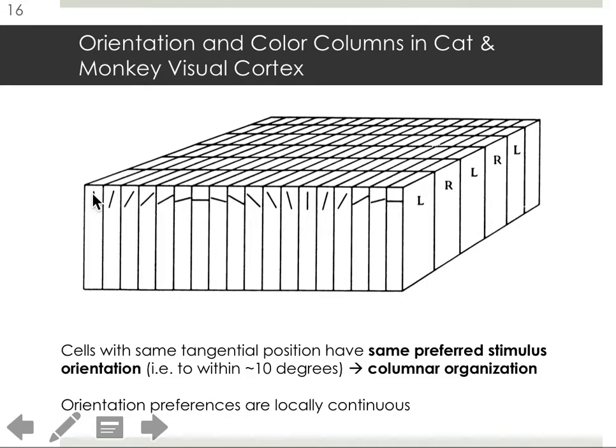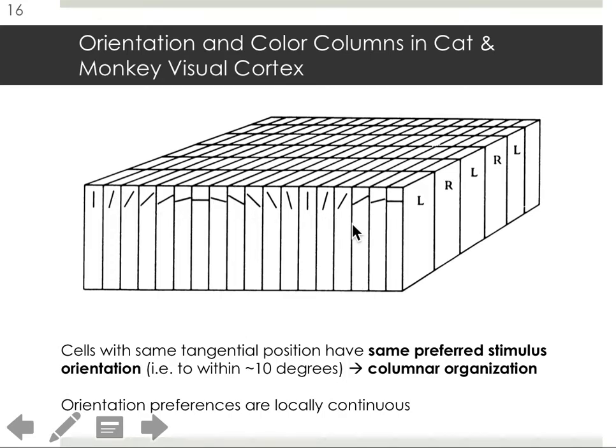So one group of neurons might be sensitive to this orientation. The next group is sensitive to a slightly different orientation, and then the next group is sensitive to a slightly more tilted version of that, and so on. So there's this contiguous organization of cell selectivity from cells within different columns that are organized next to